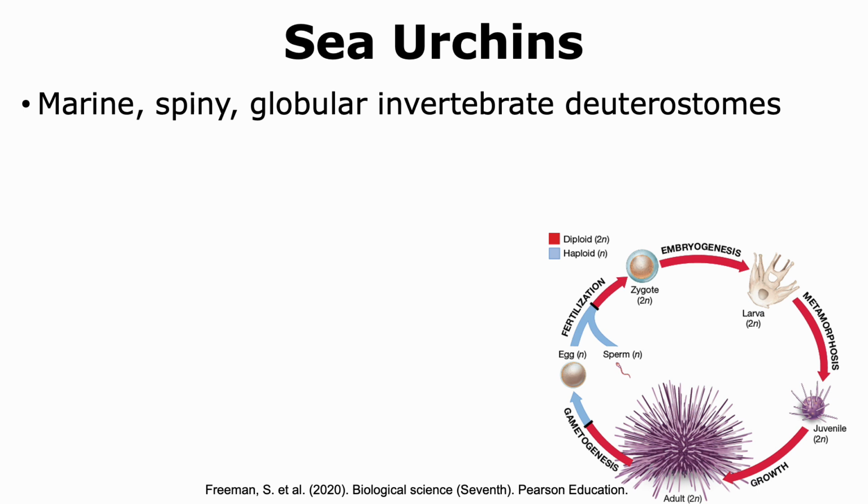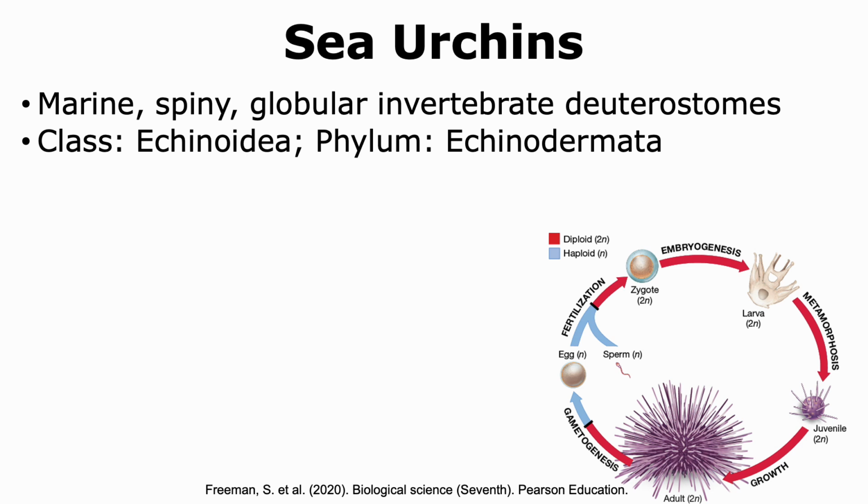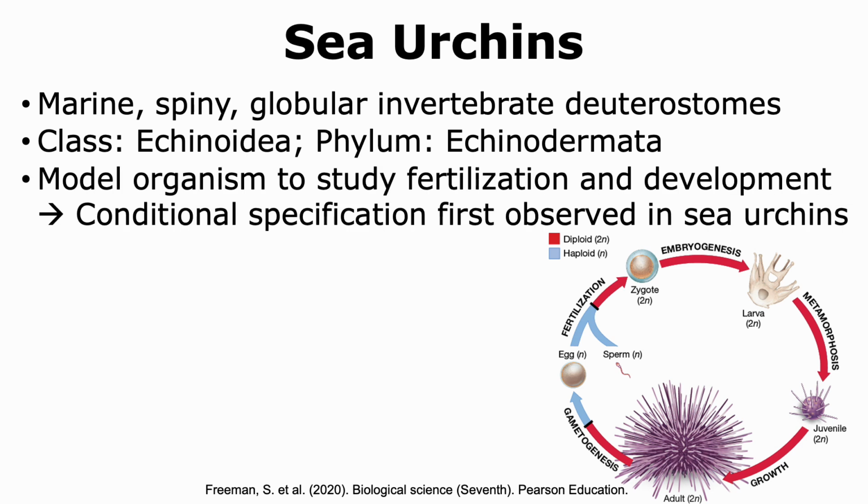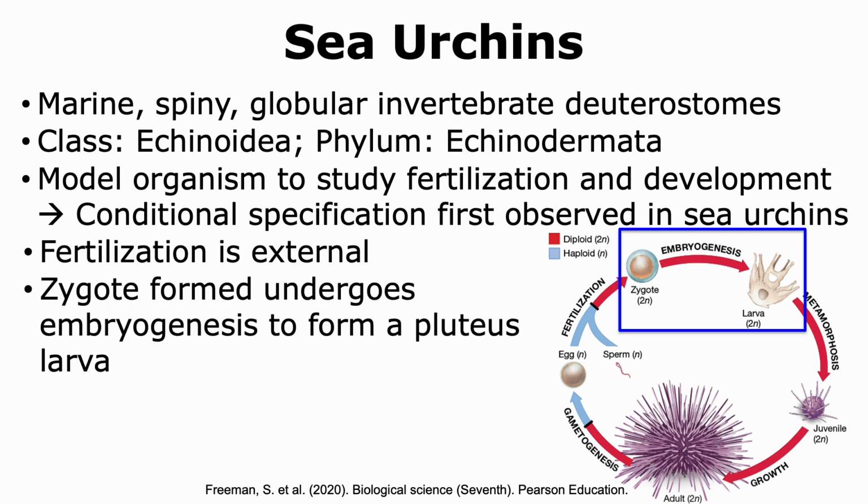Sea urchins are marine spiny globular invertebrate deuterostomes that belong to the phylum Echinodermata. They have been used widely as an organism to study different developmental processes. Sea urchins show external fertilization, and the zygote that is formed will then undergo radial holoblastic cleavage to ultimately form